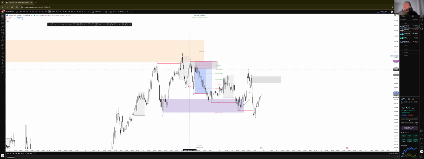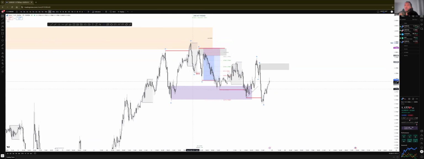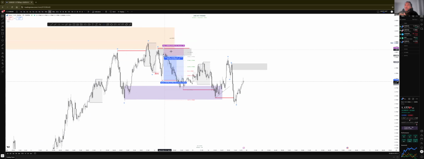If price would have simply just hit this zone, came back one leg, two leg, and came straight to the zone, then perhaps they would be correct, right? But that's not what the market did. The market came back down, retest, and I'll teach you guys about invalidation models later on in the week. There's something called an invalidation model that lets you know when your demand is going to fail and when your supply is going to fail as well, which you'll learn later on. But